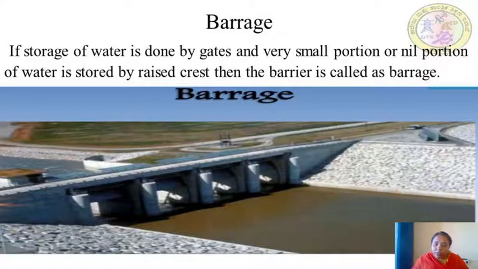This barrage is similar to the weir, but the heading up of water is effected by the gates alone. Here there is no solid structure across the river. The crest level is kept slightly at a low level and flood flow is controlled by the gates. In barrages, generally there is less silting and better control over the water levels can be obtained. And these barrages generally prove to be costlier than weirs.